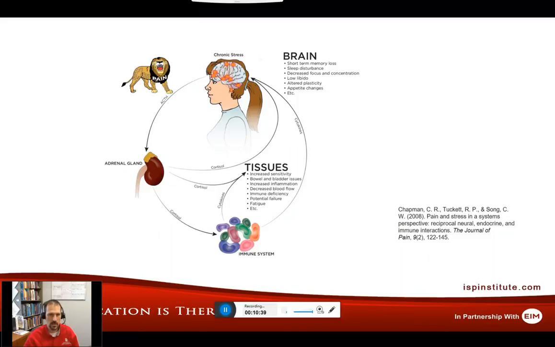When we're in a chronic stress state, and chronic and persistent pain is seen as a chronic stress state, the HPA axis and the activation of the adrenal glands and cortisol, and the changes within the immune system with the cytokines, can affect both the brain and the tissues. The brain will start to change and alter with this change in cortisol and cytokine immune activity, and the tissues also become more sensitive when we get this upregulation and change in cortisol and immune system activity. And that's where, like I said, it becomes this neuroendocrine immune response that we're just starting to understand further and further.